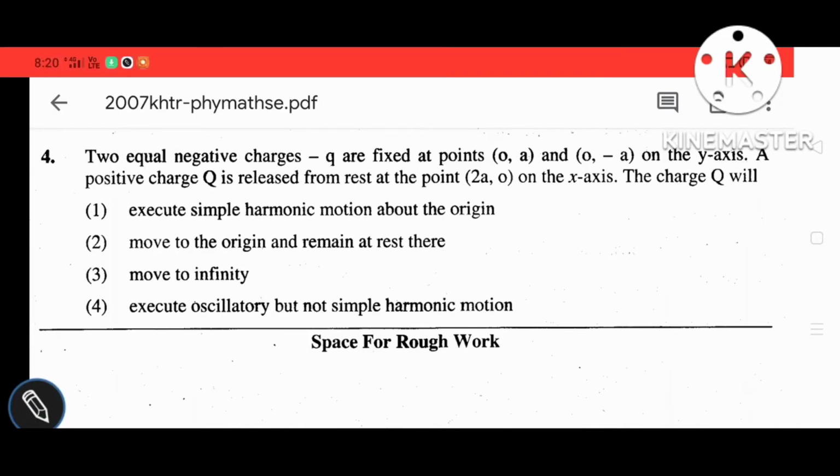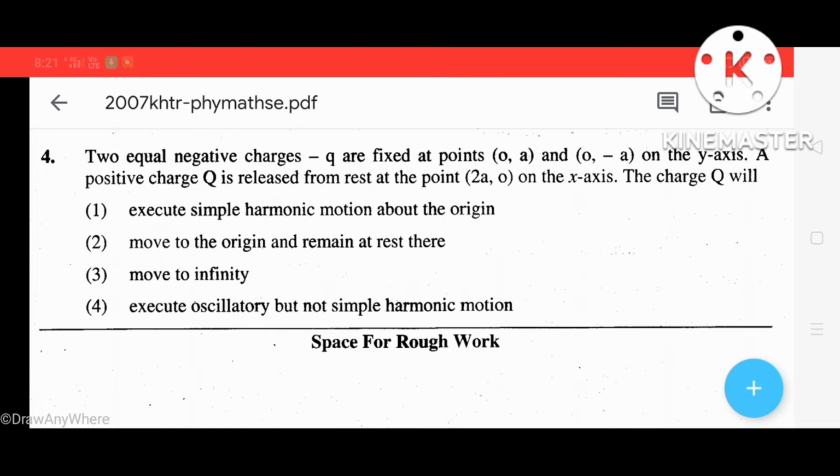Number 4. Two equal negative charges minus q are fixed at points 0, a and 0, minus a on the y-axis. A positive charge q is released from rest at the point 2a, 0 on the x-axis. Then the charge q, since the force is acting on q opposite to the direction of displacement, we can say that they execute